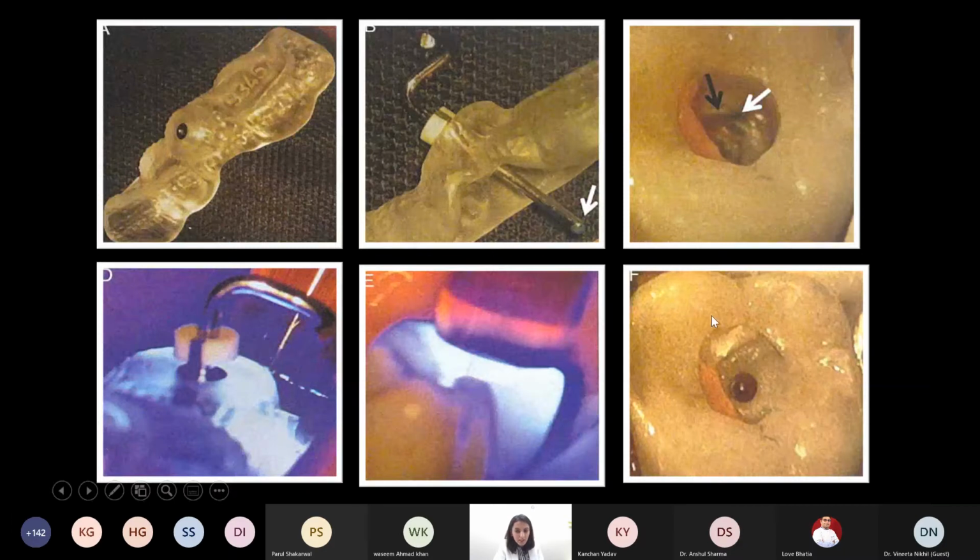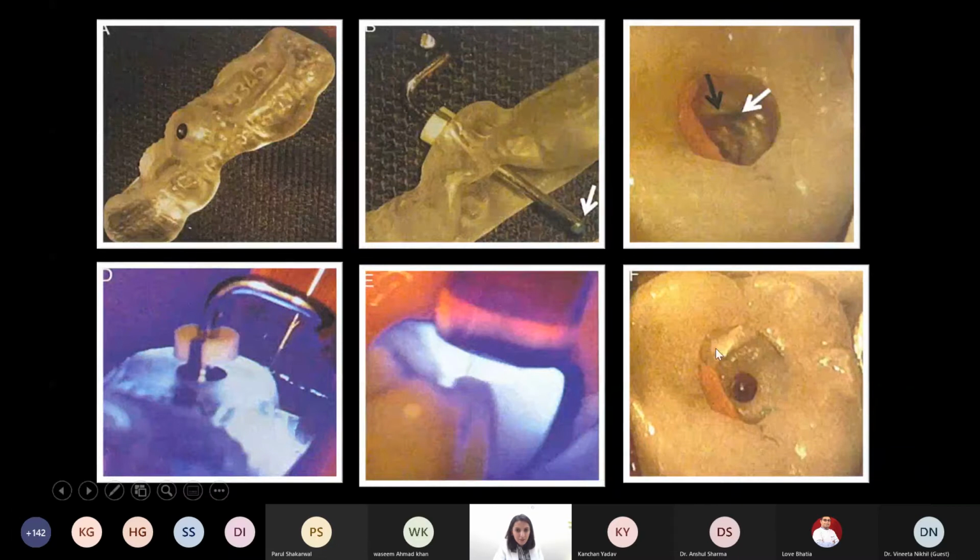The only thing that we need is a 1.2 mm burr. The spiral burr that we originally chose, we can use that burr, put it in the endodontic handpiece, and reach to the bottom of the access cavity and the root canal. So after the location of the root canal, and as we have negotiated it to some point, we can take a number 10 K file and further do the BMP and obturate the canal.